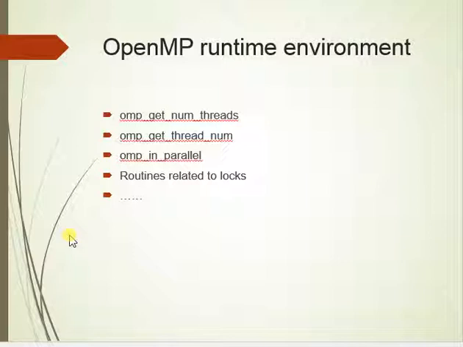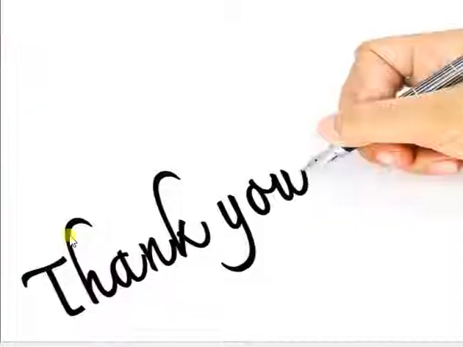It overrides the OMP_NUM_THREADS environment variable. omp_in_parallel checks whether the threads are running in parallel. Routines related to locks. Thank you.